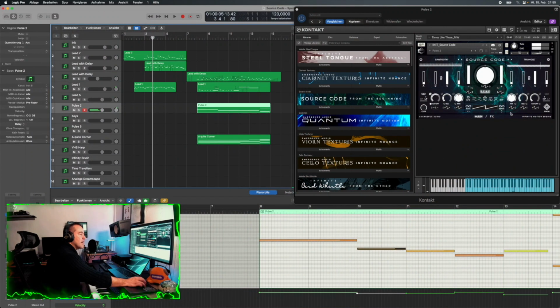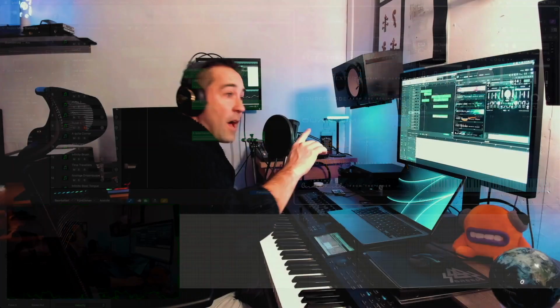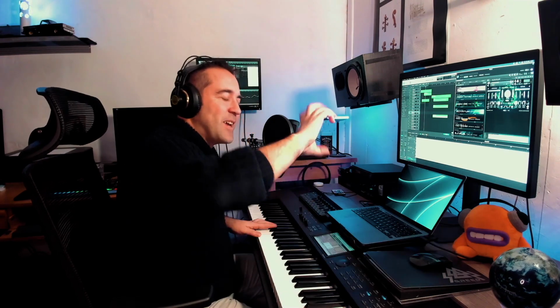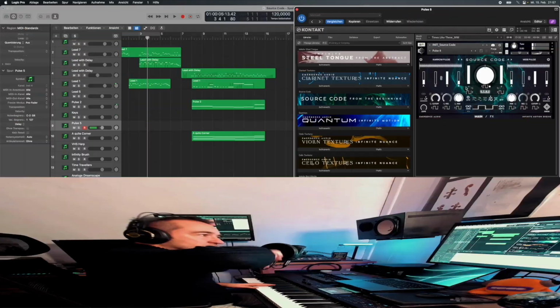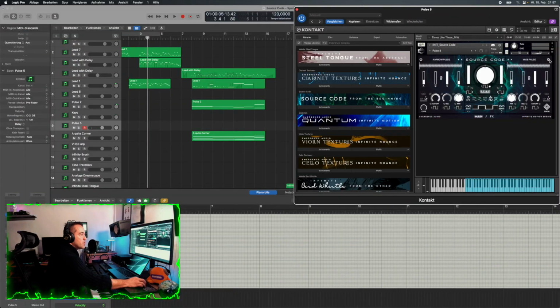They did it, in this case, by using the engine to automate the cutoff filter. We have another pulse here, and here, for example, they did something quite clever, because they were simply automating the fader between those two layers. You see, going from source A to source B, if I switch off this one, then you understand what's happening. It's this one, that one, this one, that one. I switch this one back on,